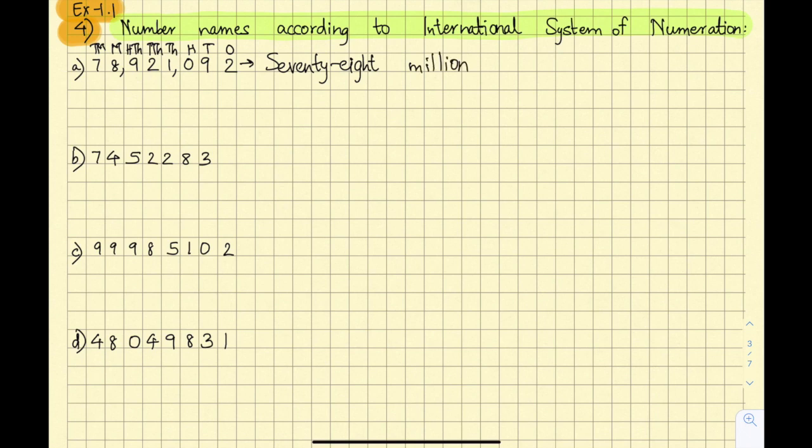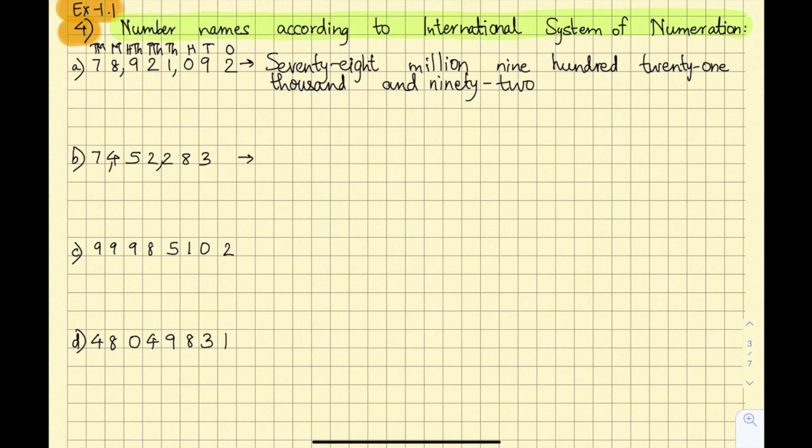In place of thousands, you have 921. So you just see there, in place of 100,000, you have 9, in 10,000 you have 2, so 20, and then 1. So 921,000. And ultimately in hundreds place, you have 0. So 0 into hundreds is 0. And 92. Ultimately we write 92. Even if we do not write this "and", it is absolutely okay. Now let's go to the next sum.